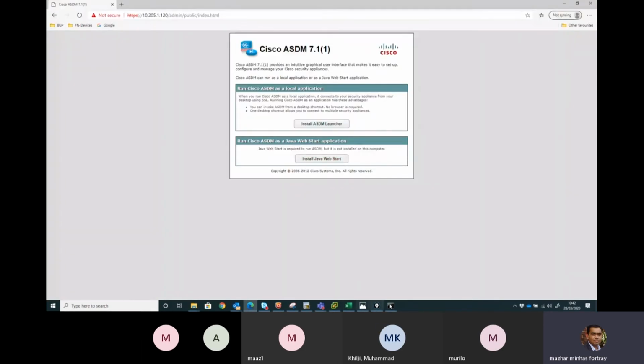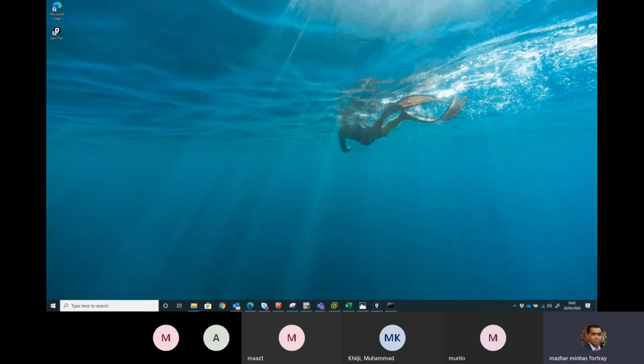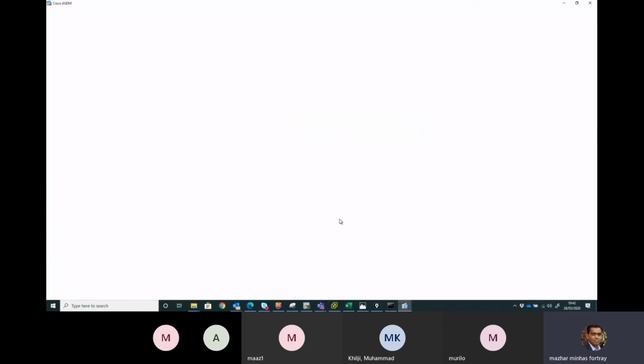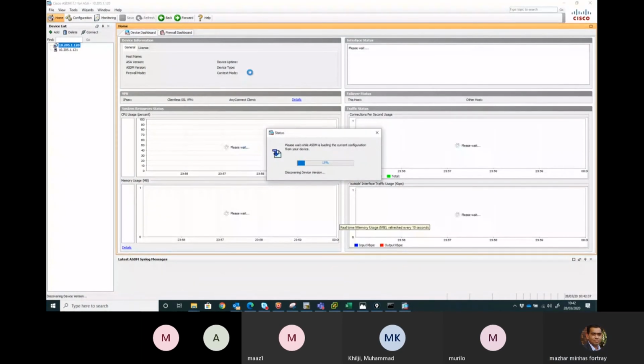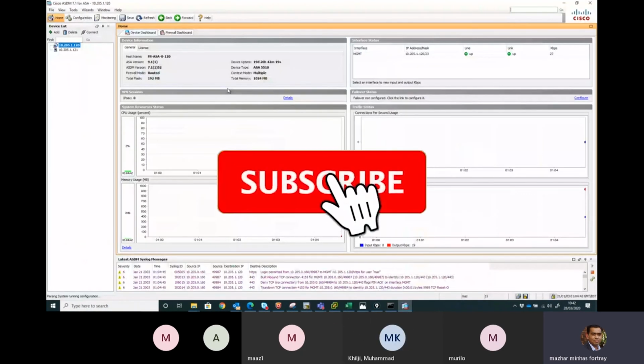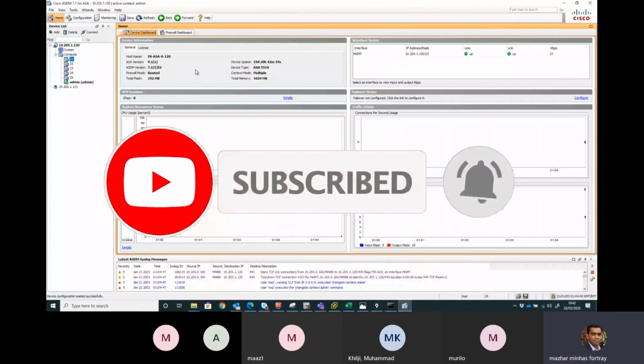Let me disconnect that because I have already installed the ASDM. I'm launching the ASDM here. This is the ASDM interface. My user is Maz and my password is Cisco. I can log into the ASDM and continue. You will not find any difference between sitting in the class or sitting remotely. Remotely, you can access everything and see all the connections as well. So I can telnet to the firewall and I can use ASDM. So I can access the device through two methods.